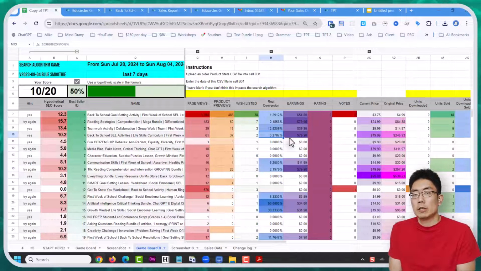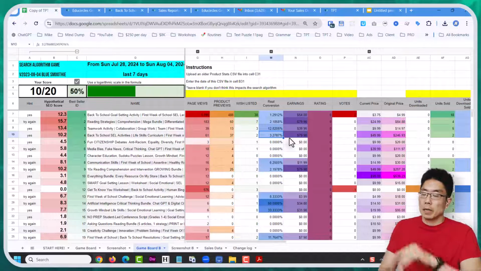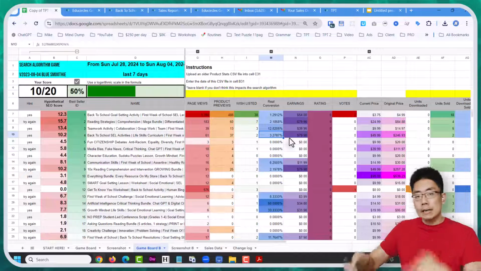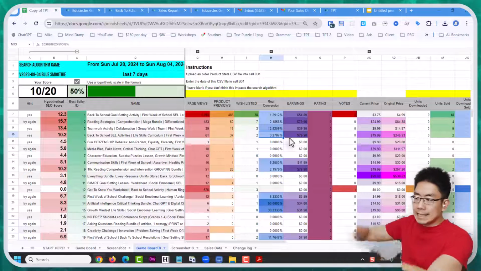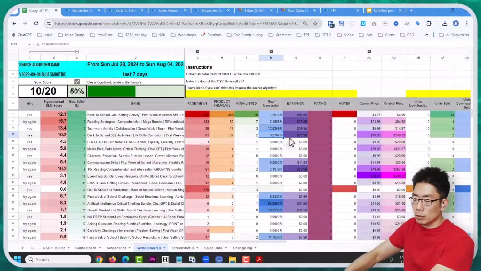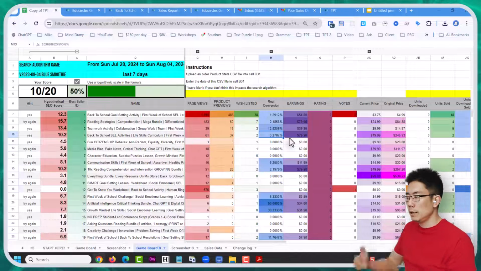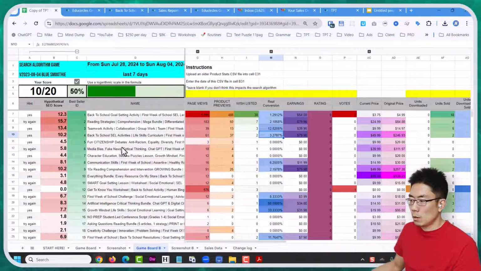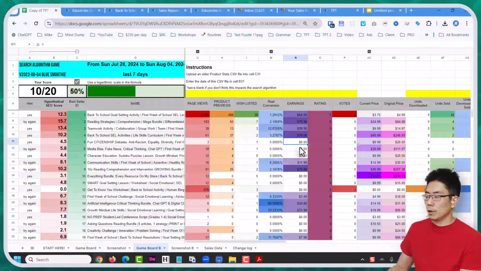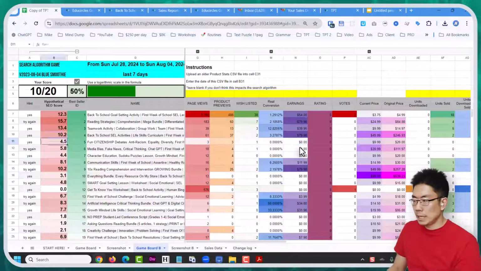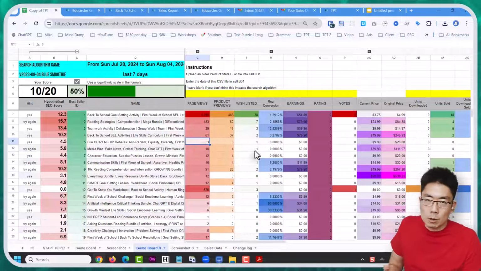Can I figure out the real conversion rate with the new TPT dashboard? 100% yes. And if you don't know how to do that, leave a comment and I'll make a video explaining how. But what I like about this Google Sheet tool is I can see all the stats for my top 20 resources in one spot, and they're color coded, and I can look for patterns or outliers. Like, why is this citizenship resource here in position 5, even though it hasn't sold at all in the last week? Well, there are probably other things that are boosting it up. Page views are down, product previews are down, but maybe the product preview rate's 100% because it's had 3 previews and 3 page views. So maybe those factors are boosting it up.